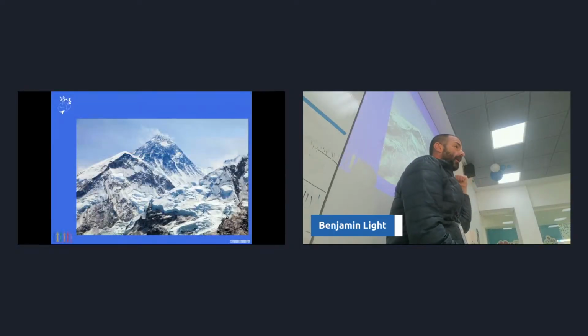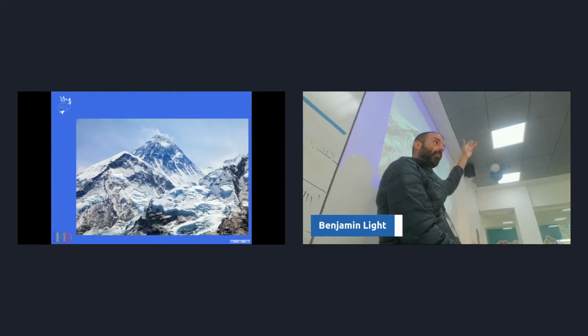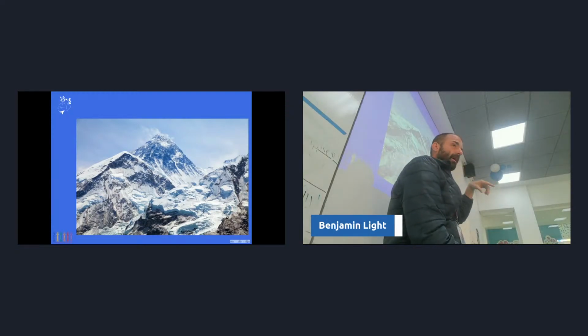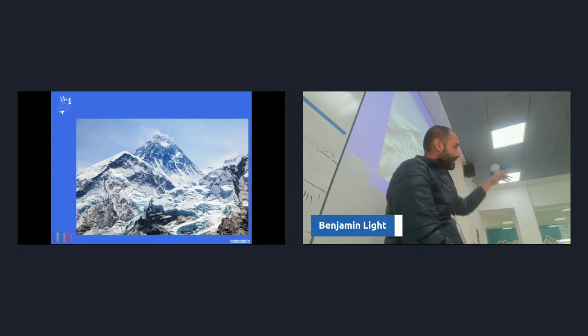This is Mount Everest. Mount Everest is located in Nepal and Tibet, around there in Asia. It is the highest point in the world. It's not the largest mountain. The largest mountain, I believe, is in Hawaii, but most of it is under the ocean. So it starts at the bottom. If you measure it from the bottom to the top, that one's taller, but this is the tallest point